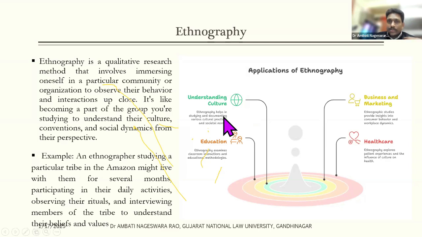If somebody says that I'm good at explaining everything, and if that person says within 1 hour, this is all my culture, that won't serve the purpose of ethnographic research, right? As a part of social work at my campus, Gujarat National University, we went with the students to understand the denotified tribal cultures in Banaskantha district.